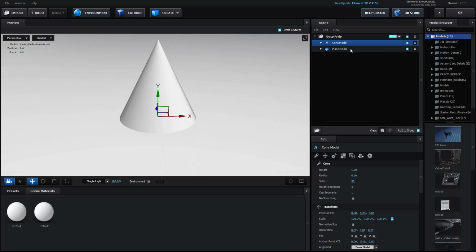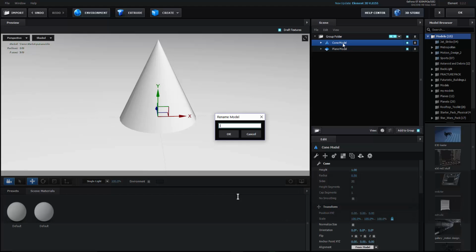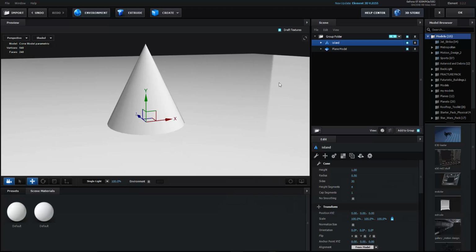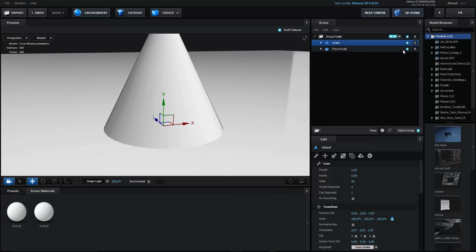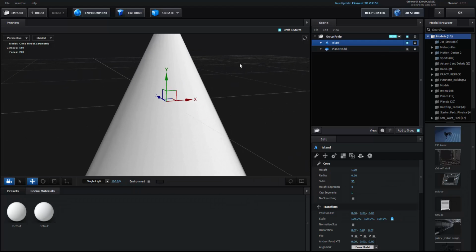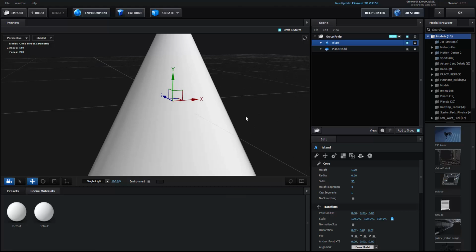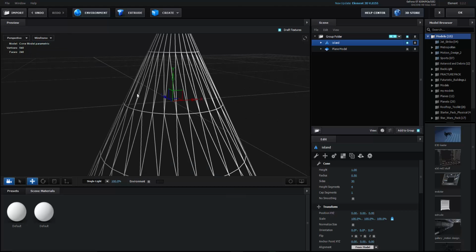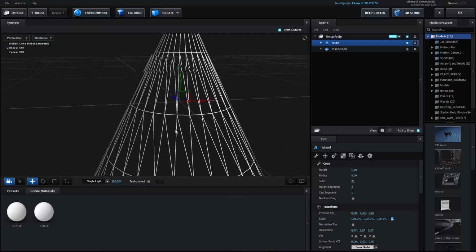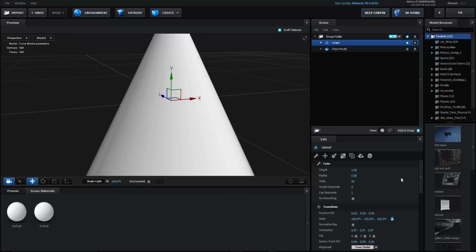So we'll change this to Iceland, maybe. This is mountain, but we call this Iceland. So unsolo this object, solo this object. Okay, and now go back to the wireframe mode, and here is too much segment, so we will decrease it